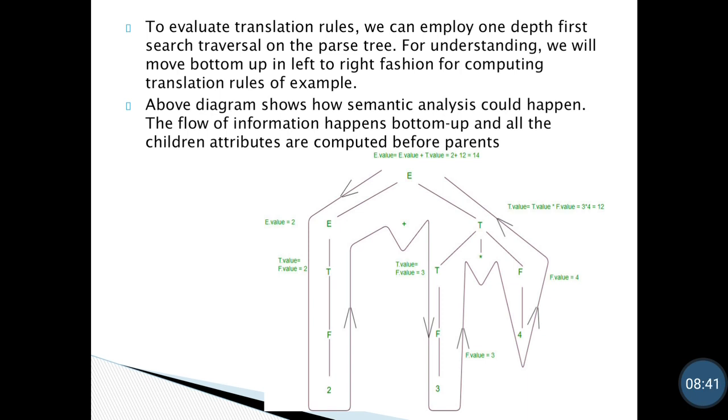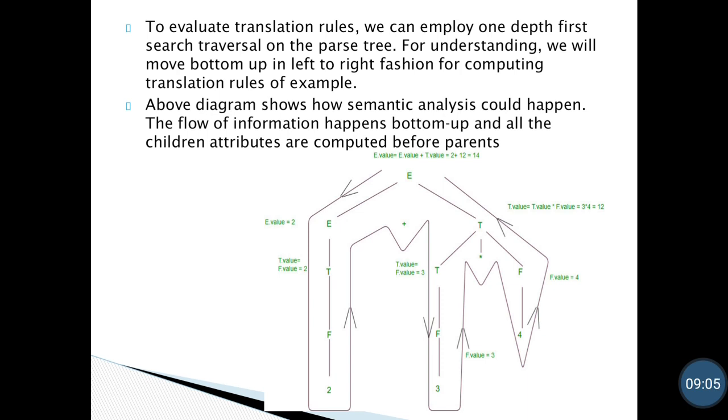E goes to E plus T, E dot value, T dot value. We added augmented rules with our production rules, and we are performing calculation here. For this, we move bottom up in left to right fashion for computing these translation rules.